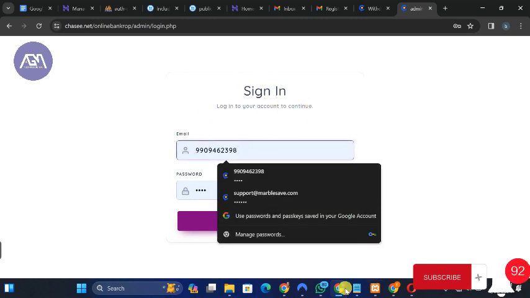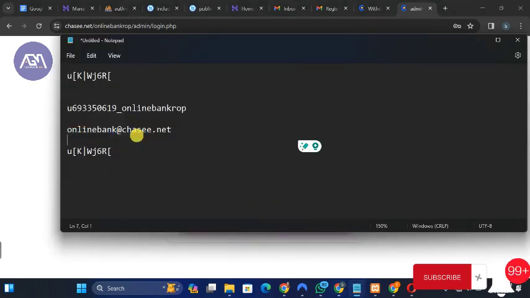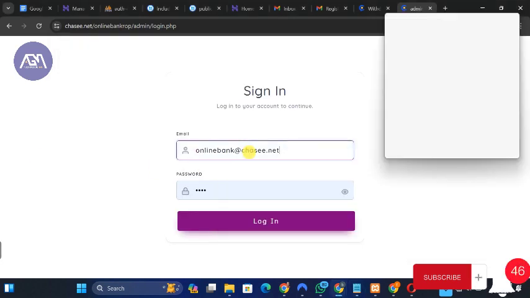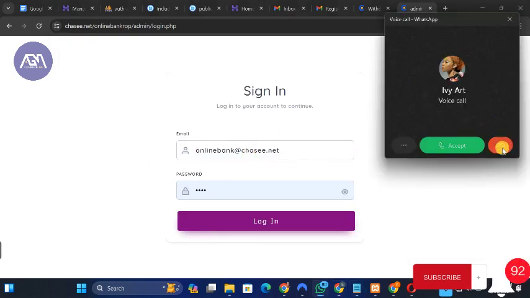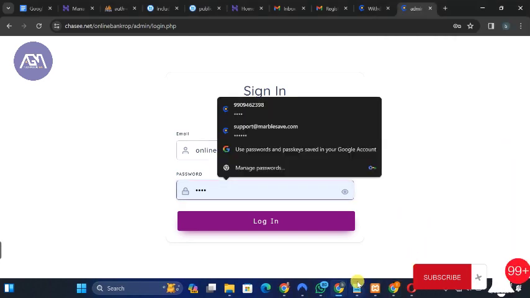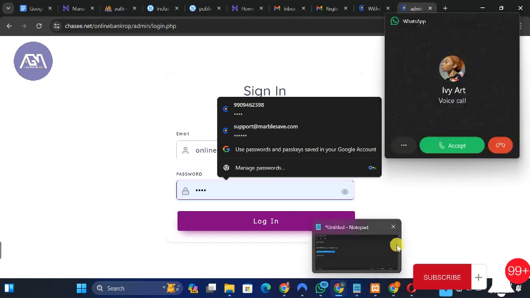In the admin URL, remember we set the admin details from the database at that time. Those login details we set are what you're going to make use of here. So you just copy them, then come back here, replace this with the mail, replace this with the password, then we are going to